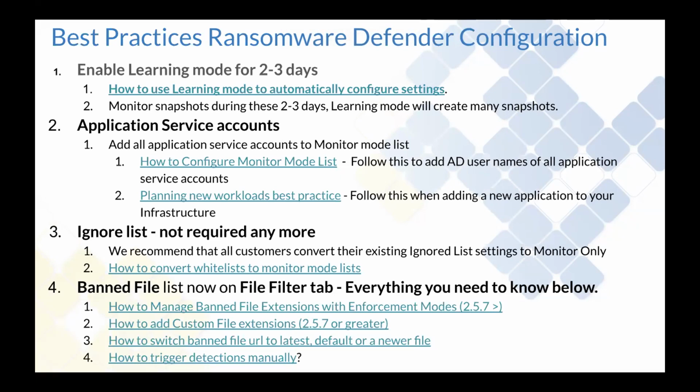We also had a number of questions around the various lists that we have. There's an ignore list, there's a monitor list. We'll go through those, what they're for, and some more advanced use cases as well. But we'll start with the biggest change that we've made to this release,